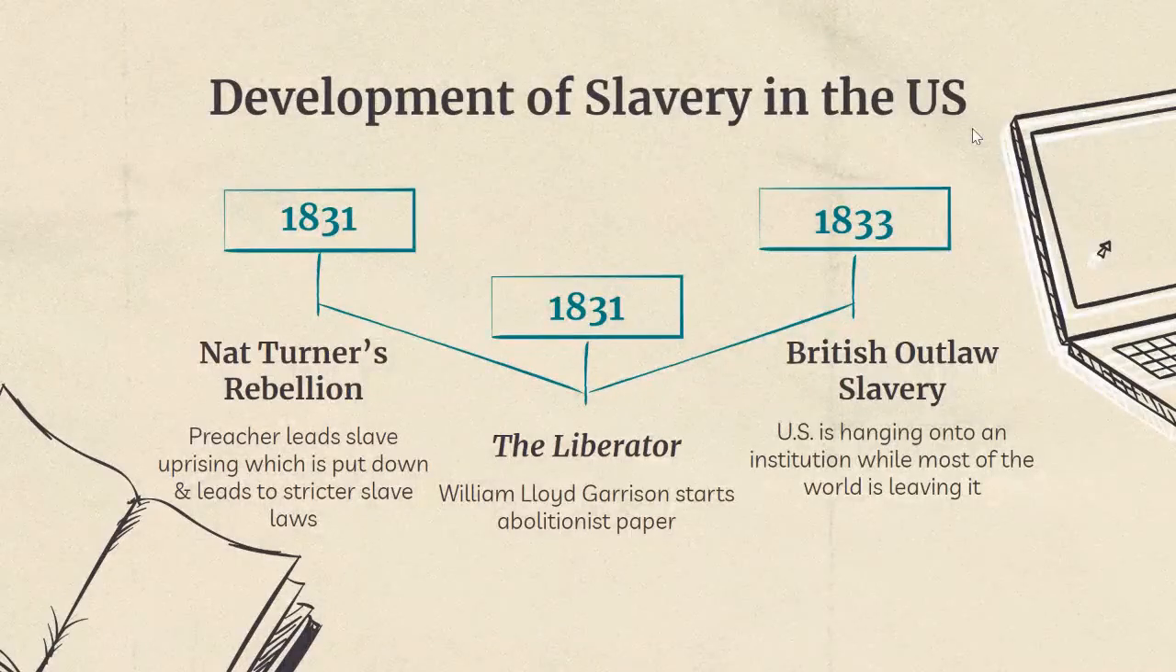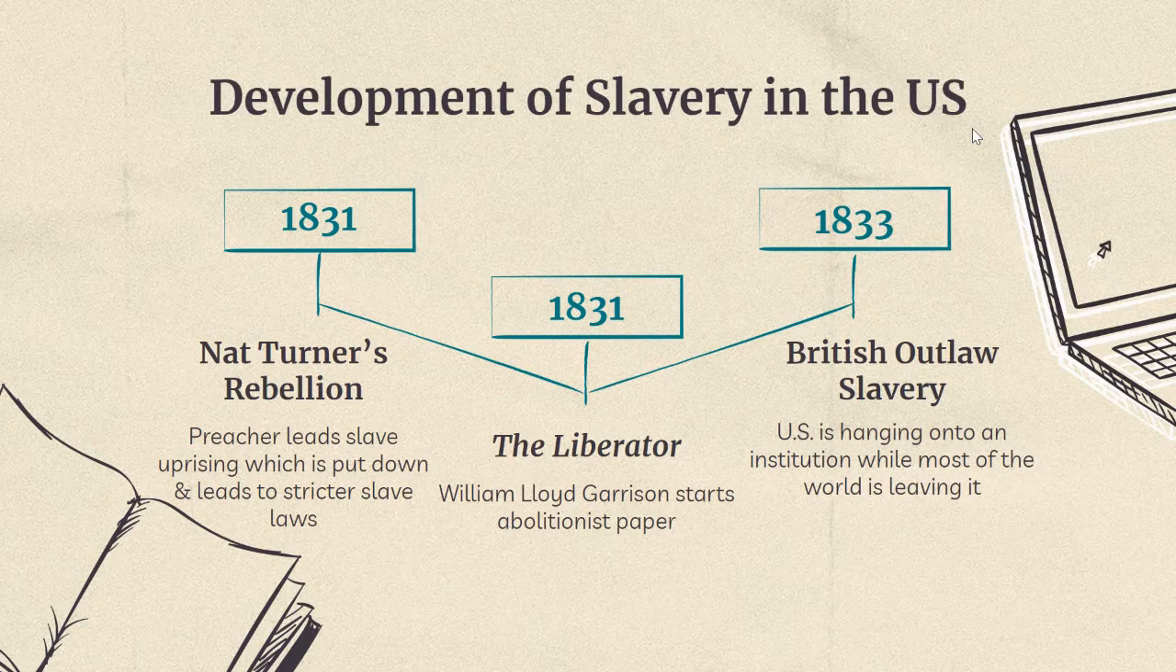Continuing on, there have been a number of revolts or rebellions by slaves. One of the more famous ones happens in 1831. This continues to drive fear into planters and the white elite in the South. Nat Turner's rebellion, he was a preacher, and he is someone that leads a rebellion. The result of it is not good for those rebelling, and it leads to stricter slave laws and stricter, more